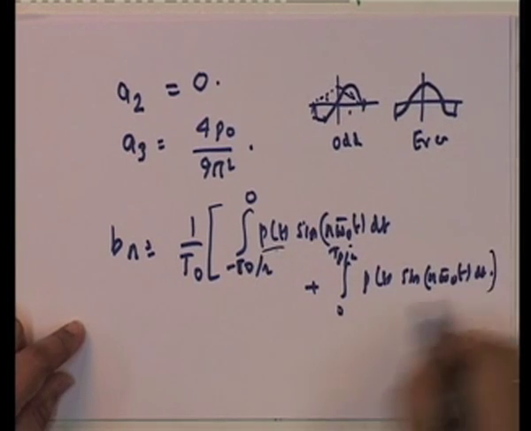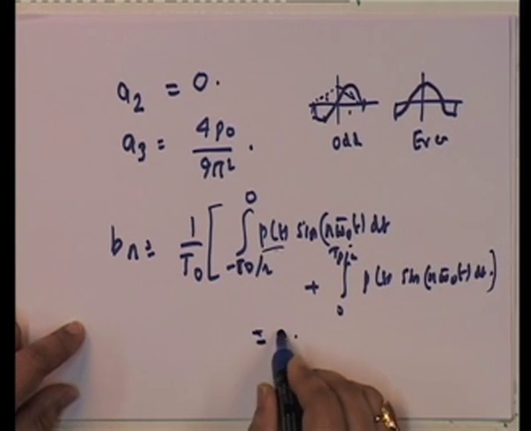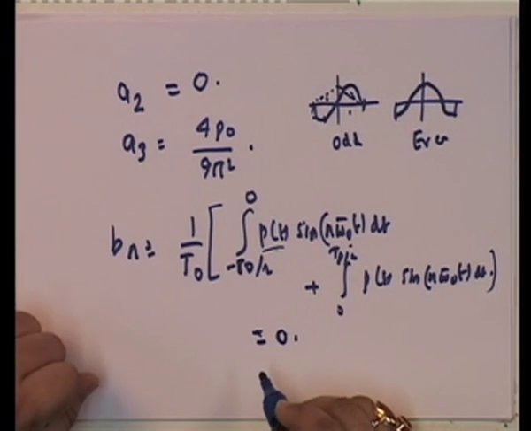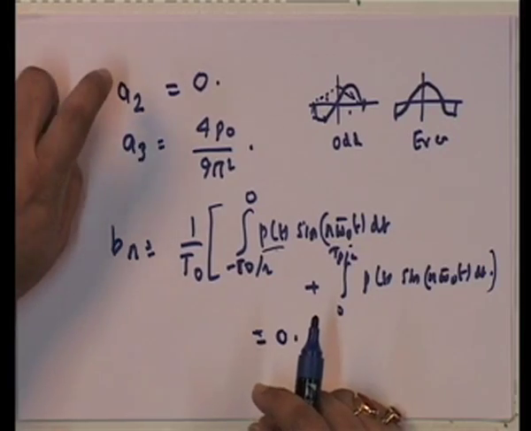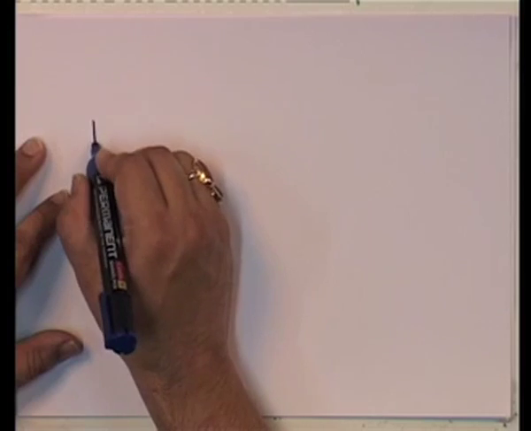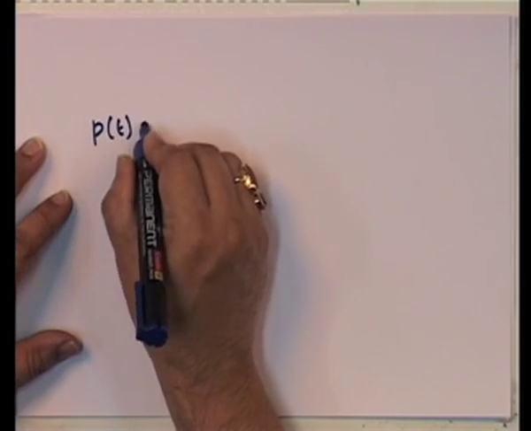So, the total one turns out to be 0. So, all B n are 0. Okay. And similarly, one can show that all even terms are going to be equal to 0 for cosine. So, now ultimately what we are left with is the following, and that is that P of t is equal